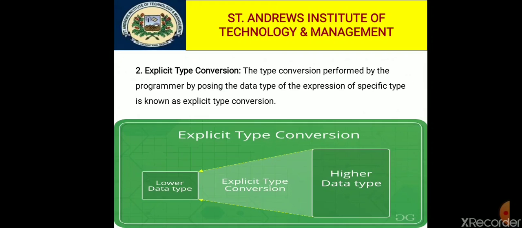The explicit type conversion is also known as typecasting, because in further slides we discuss the difference between type conversion and typecasting. Now basically here typecasting means type conversion. Explicit conversion requires a cast operator for converting, but in implicit conversion there is no requirement of any type of operator. They are not automatically performed when a value is copied to a compatible type in a program.